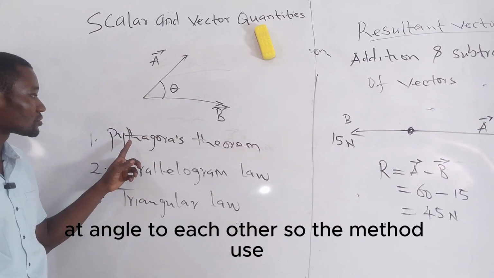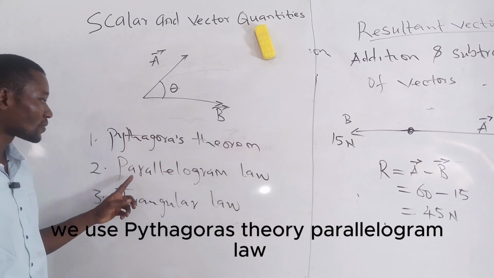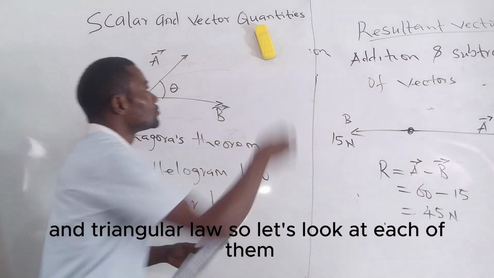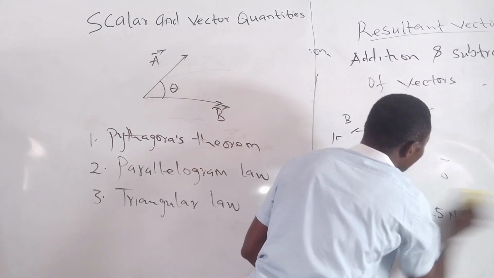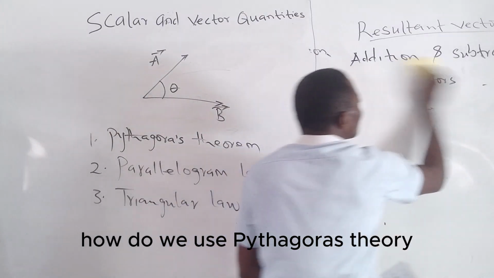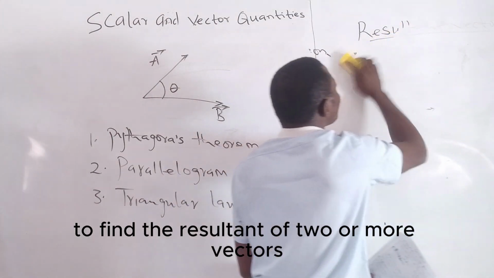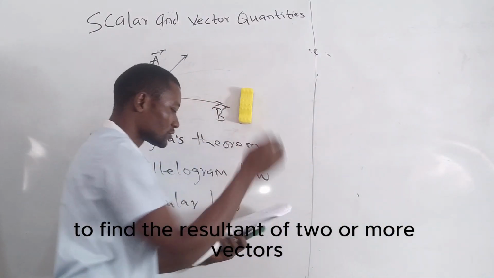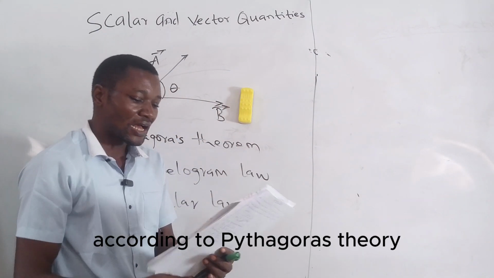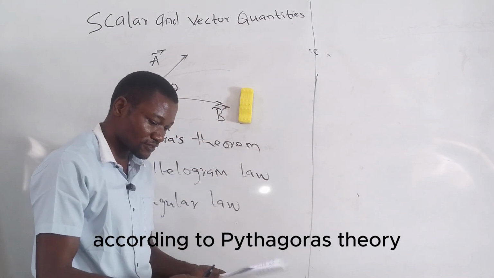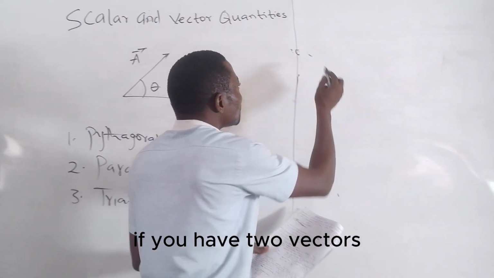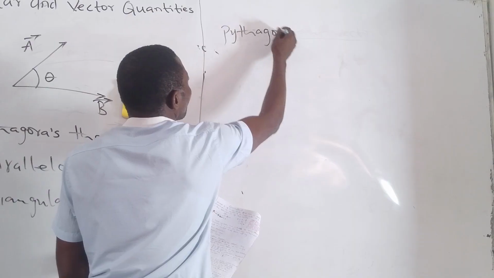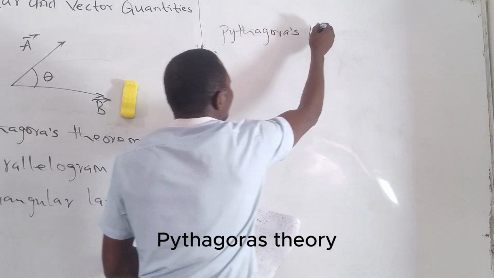So the methods used are Pythagoras theorem, parallelogram law, and triangular law. So let's look at each of them. How do we use Pythagoras theorem to find the resultant of two or more vectors? According to Pythagoras theorem,